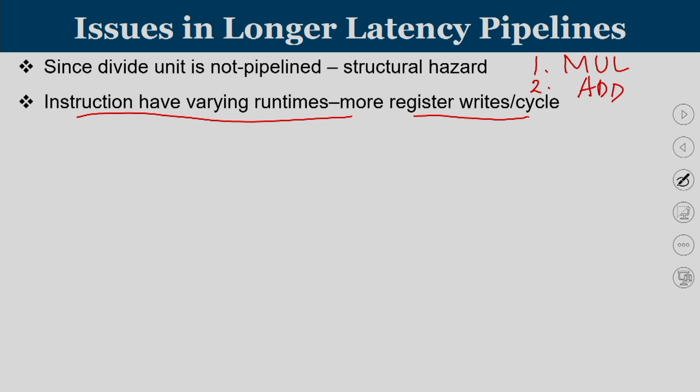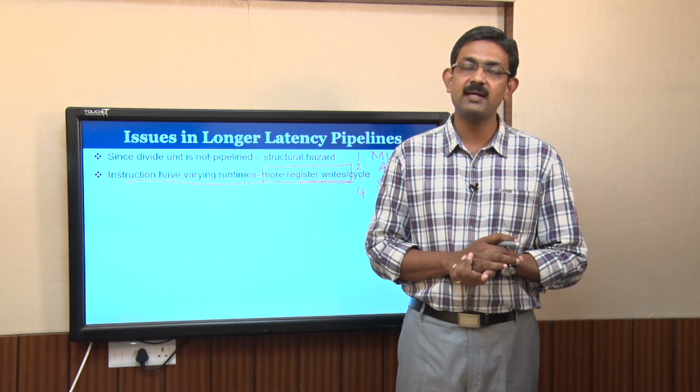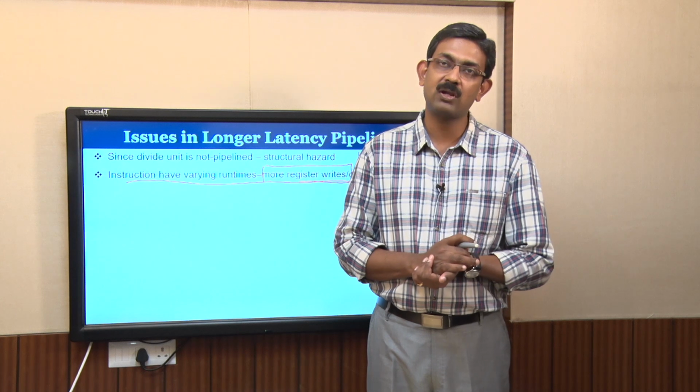After some time, the multiplication gets over by the 11th clock cycle. Now you can have some other instruction which starts at some point and can also get over at the 11th clock cycle. They may start the multiplication instruction, and let's say this can be a subtraction instruction. The subtraction may start a little late and take only 5 clock cycles, but both the multiplication and subtraction can complete in the same clock cycle. That will create another issue. How many writes can I perform? Both will reach the write back stage exactly at the same clock cycle. So how many writes can I do? That is another issue. We need to have more write ports.